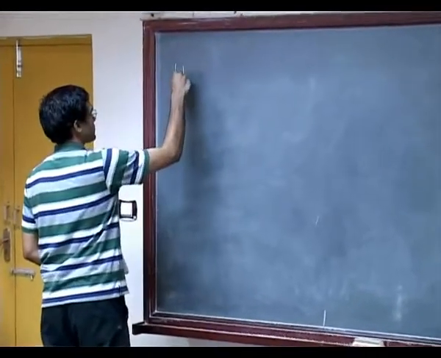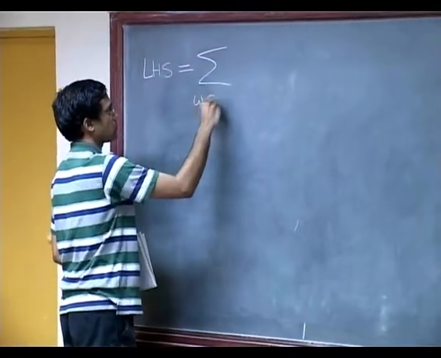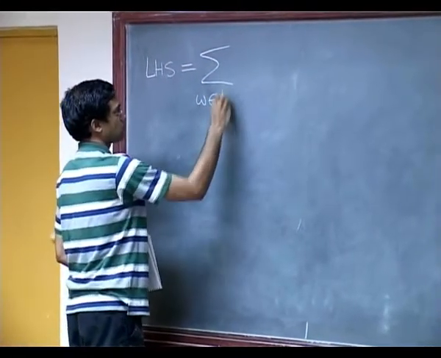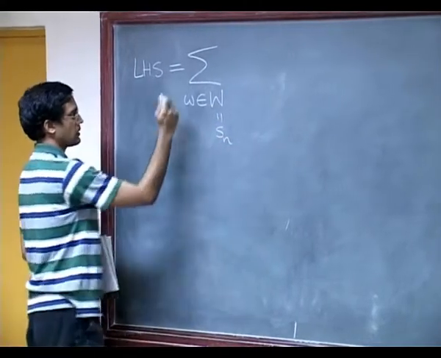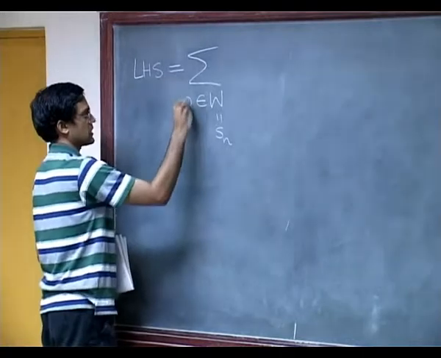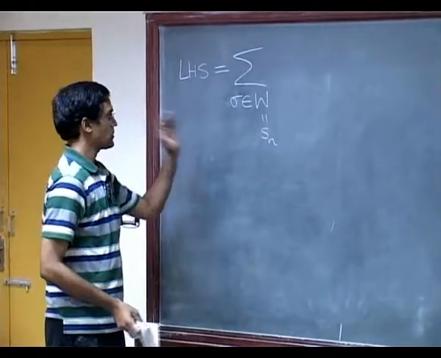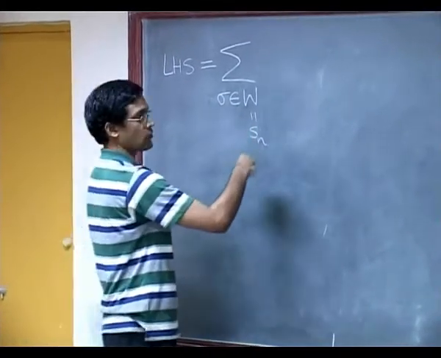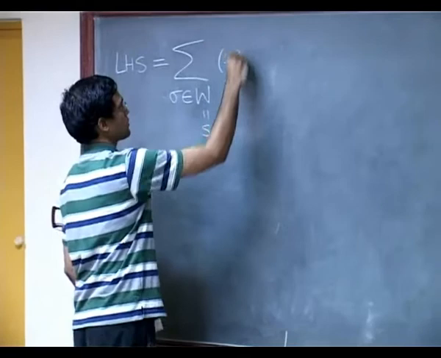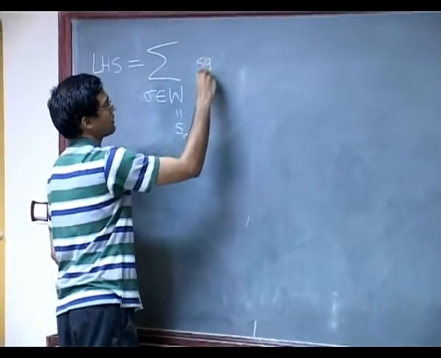So the left-hand side is now a sum over all elements of the Weyl group. Remember, the Weyl group is now just the group S_n, and just for psychological purposes, let me call its elements sigma instead of w. I'm thinking of it as some permutation of the numbers. So sigma ranges over the Weyl group, with (-1) to the length of sigma. So this is the sign of sigma. Let's call it sign sigma.